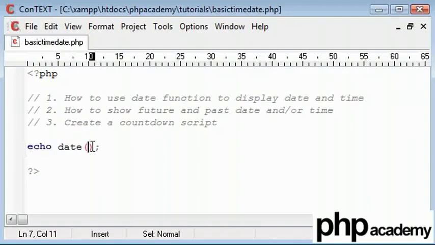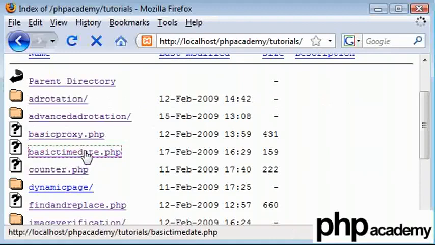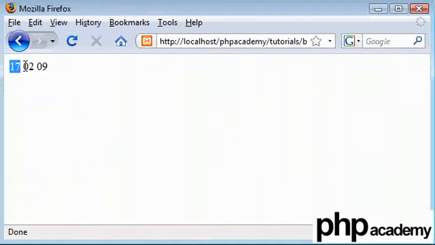Now if I was to echo out the date being, now inside here there are specific components you need to use to make up your date. Now for example, if I was going to display the date, I would use D for day, I would use M for month, and I would use Y for year, sorry. Now these are all shorthand notation. If we go onto our page here, we can see that we've got the 17th of the second month and